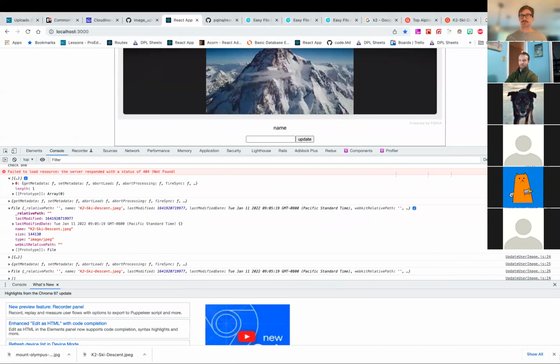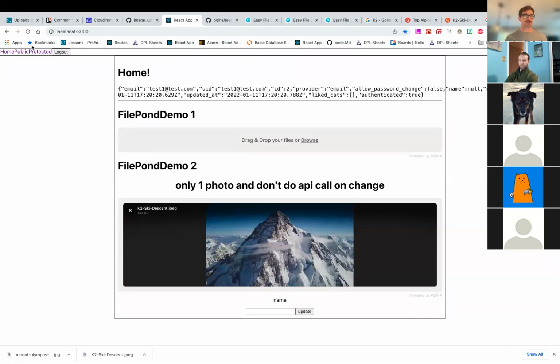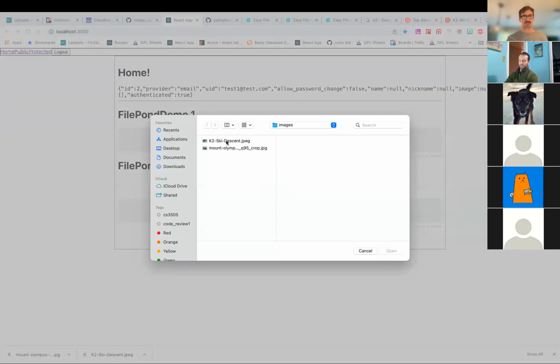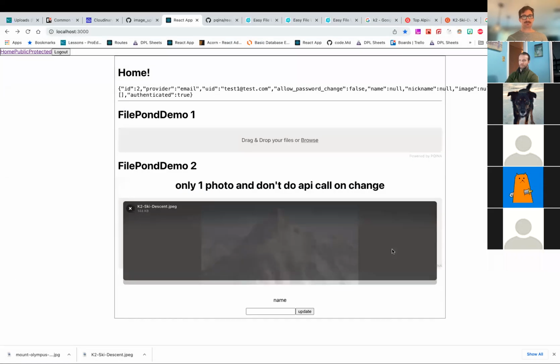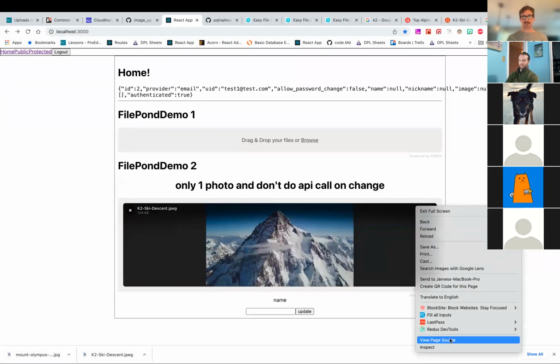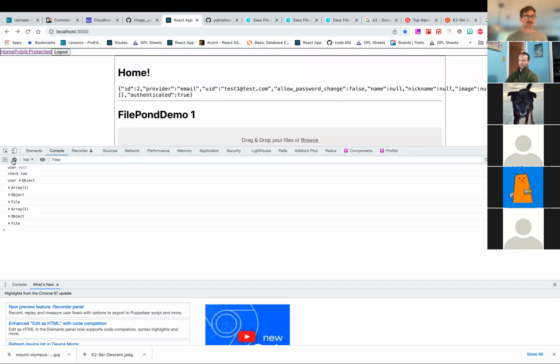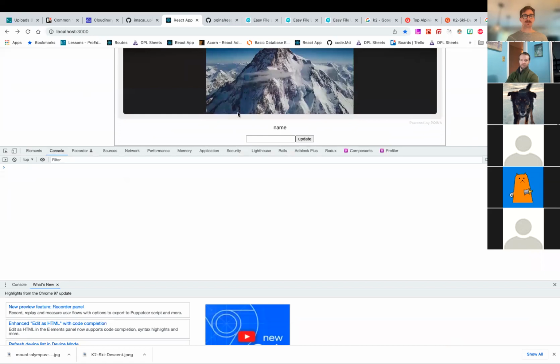Okay. So I'm going to just refresh, browse, select an image, open. Go ahead and hit inspect so we can see this. Console. If I click update,